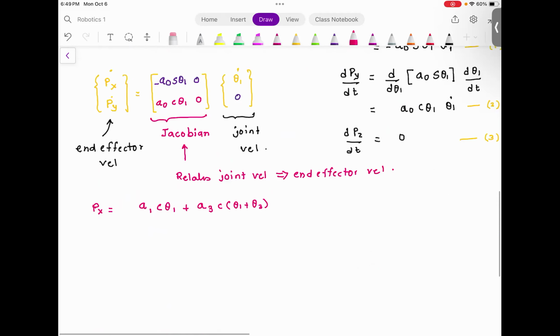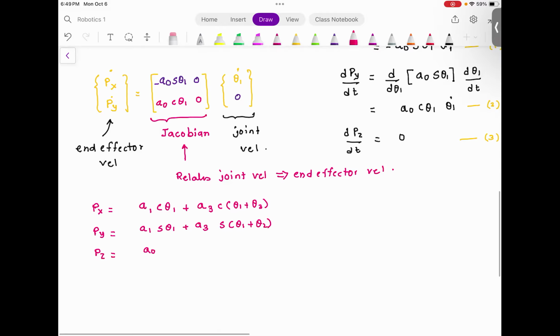Py is equal to A1 sine theta 1 plus A3 sine of theta 1 plus theta 2, and Pz is equal to